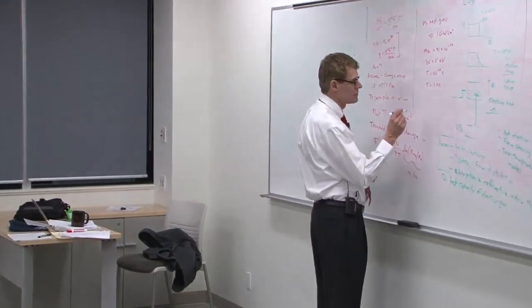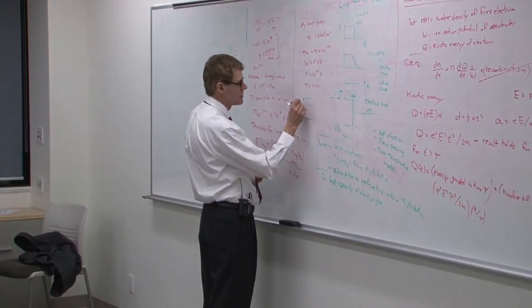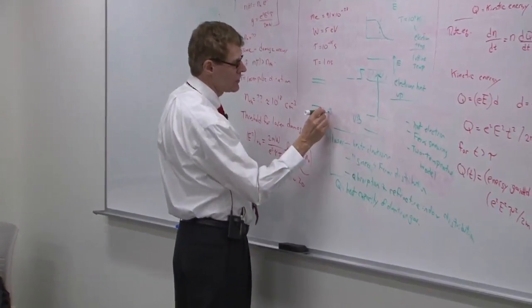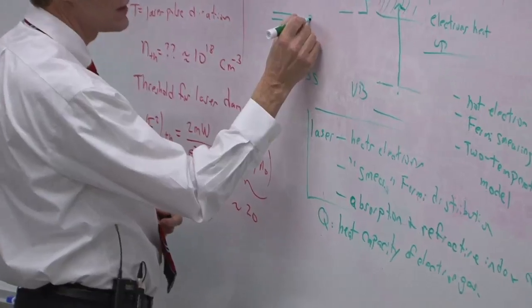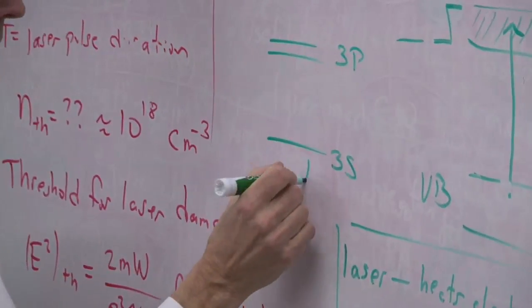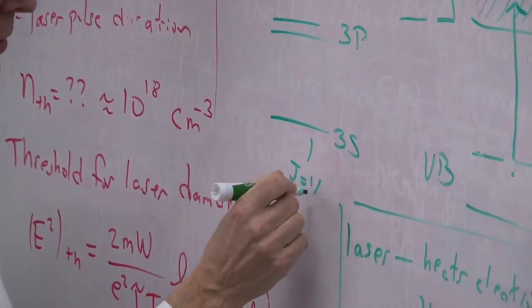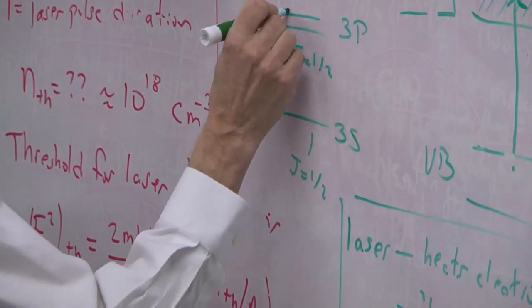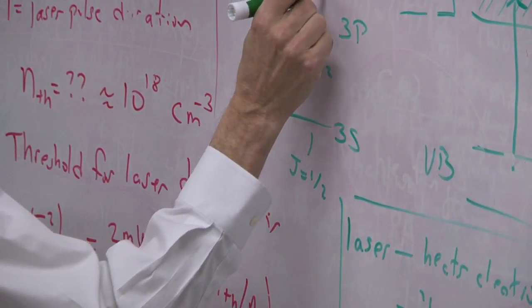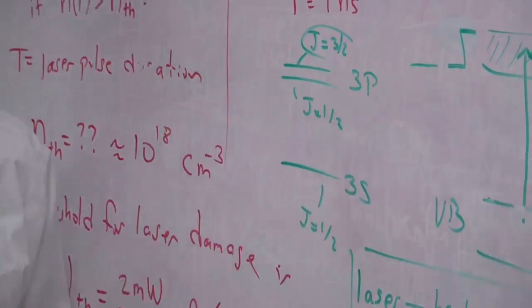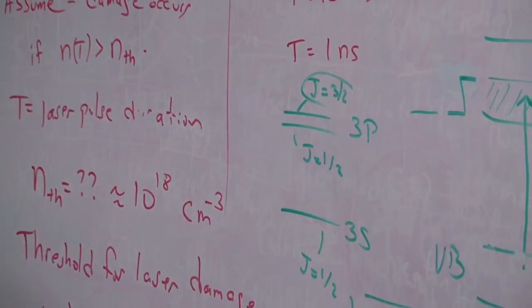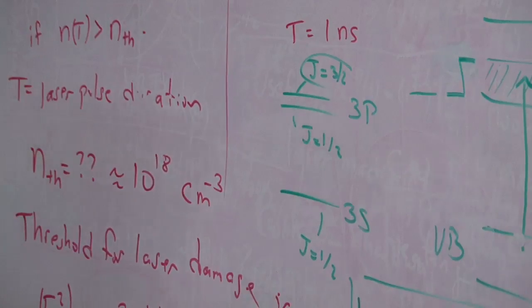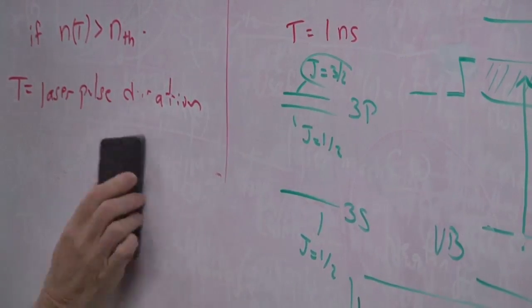The sodium atom. The ground state is 3s. The first excited state is 3p. This is j equals 1/2. This is j equals 1/2. This is j equals 3/2. I hope you agree. That was what the homework was. But now if you